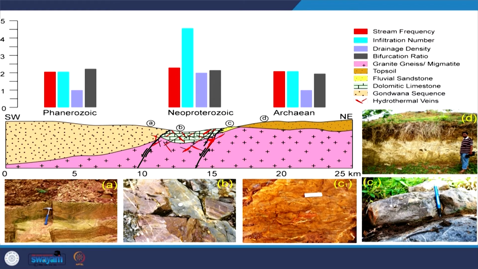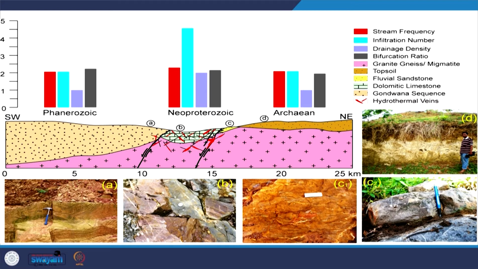So, that is why in the previous figure we are showing a high drainage density, but in this particular area there is high soil development. So the drainage anomaly, or the drainage parameters here and here, both look the same, but in between, as hydrothermal fluid is emplaced here, the porosity and permeability has totally gone to 0, and that is why you see this drainage parameter, infiltration number, abruptly increasing in this region.